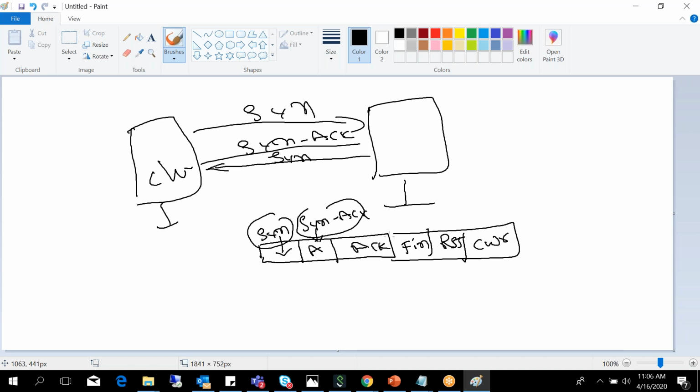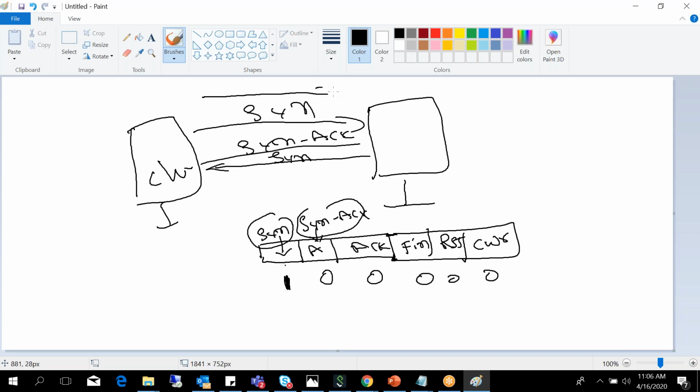So like that, we have different flags in the TCP header. When a client sends a synchronization packet, the SYN flag should be set to 1, and all other flags will be 0.